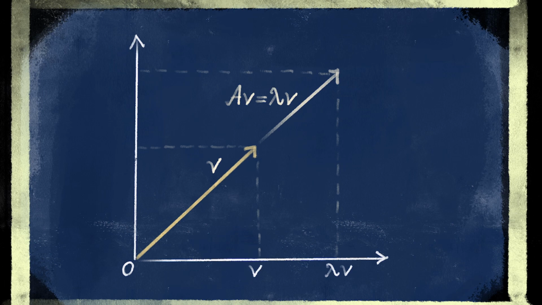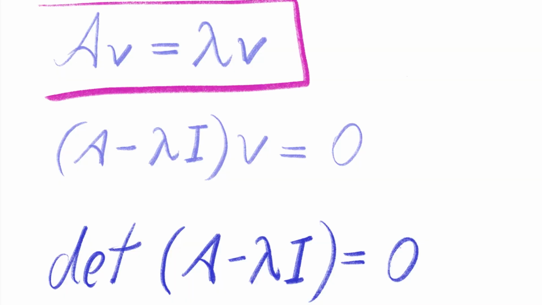If we call the transformation A and the vector V, this is what our equation should look like. This basically says that applying A to V is like multiplying V by some number lambda. So this is our equation. To find its eigenvectors and eigenvalues, we need to rearrange this equation into this. First, we need to find the eigenvalues, lambda, and plug each of them into the equation to solve for V,